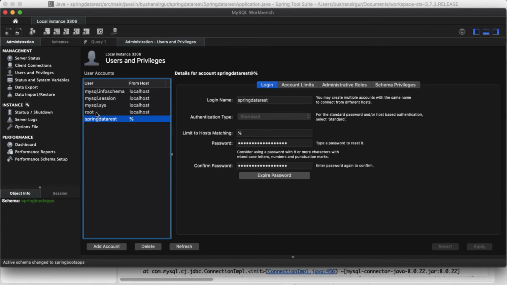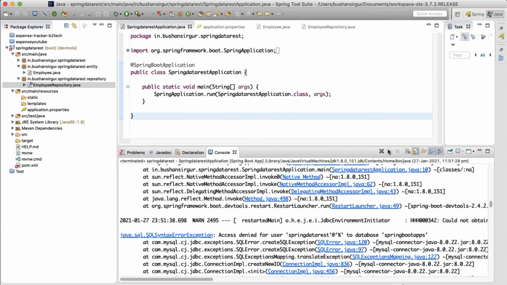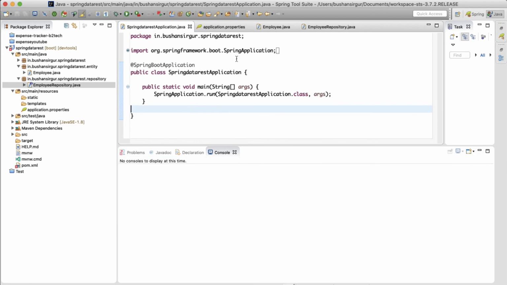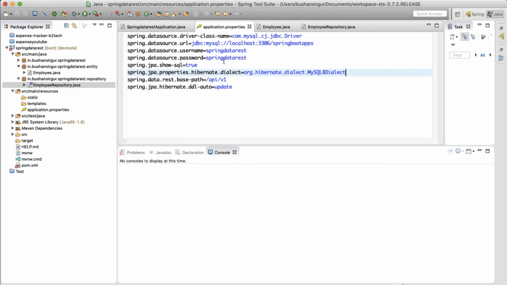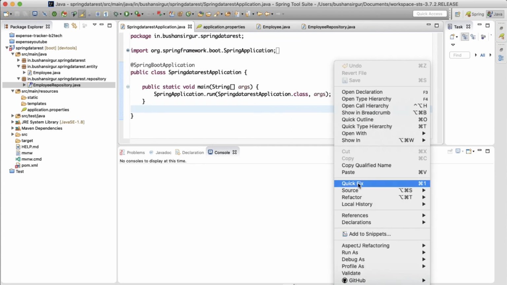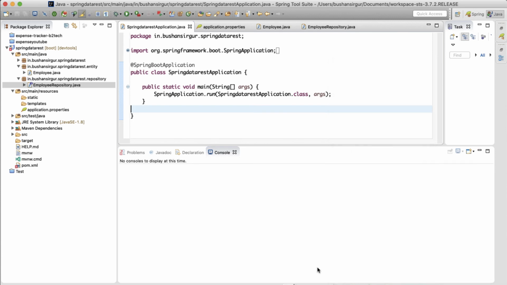Let's actually use the root itself. So let's go to the application.properties, change this to root, and let me change the password. Okay, so now let's save this and restart our application. This time it should work.